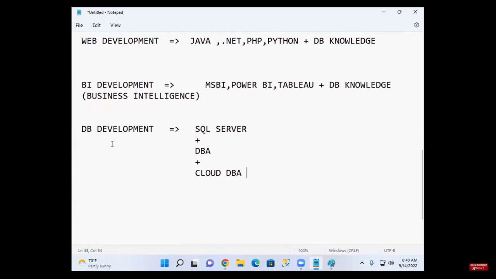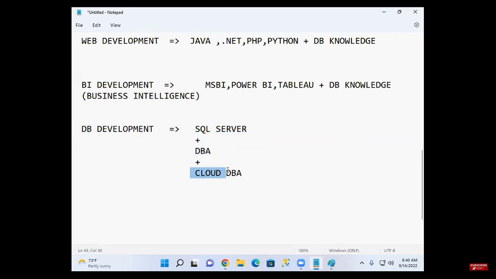So this is only database development, not web, not other technologies, only database. So learn SQL Server, gain some experience, then learn DBA, and then you can become a SQL Server DBA.